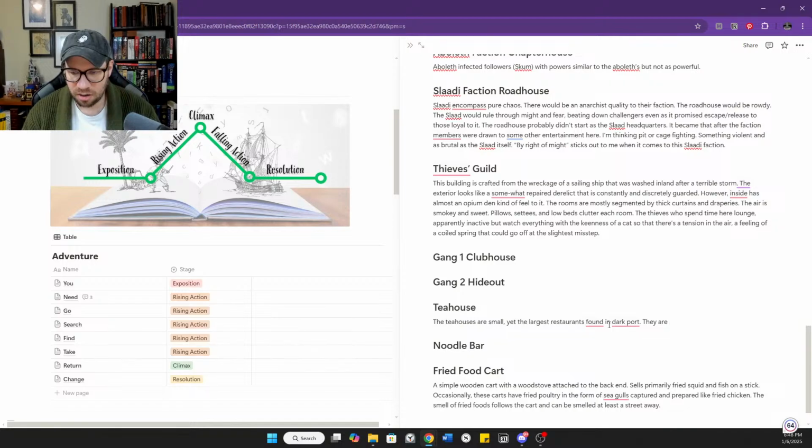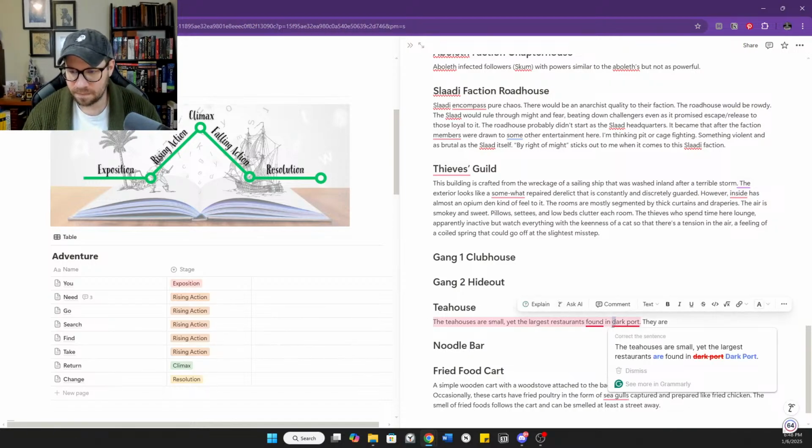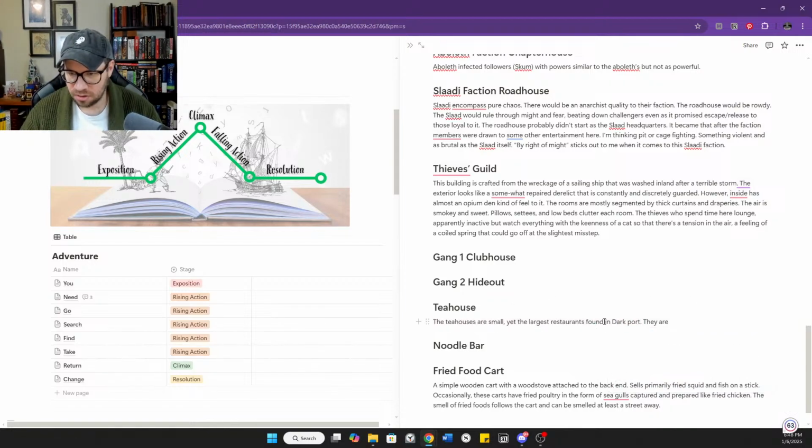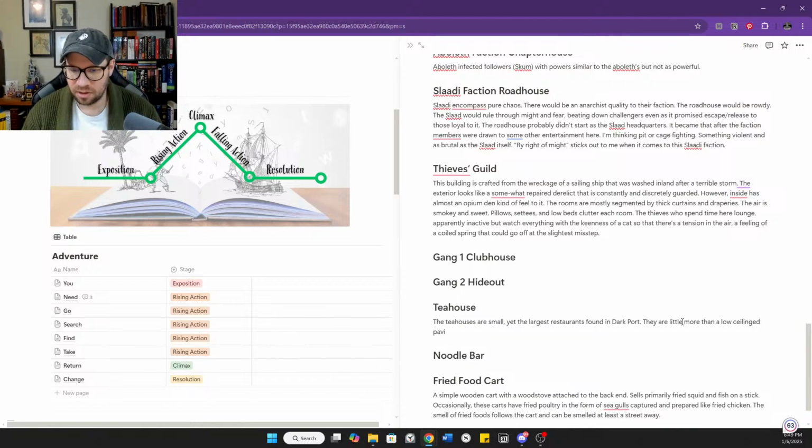They are little more than a low-ceilinged pavilion.